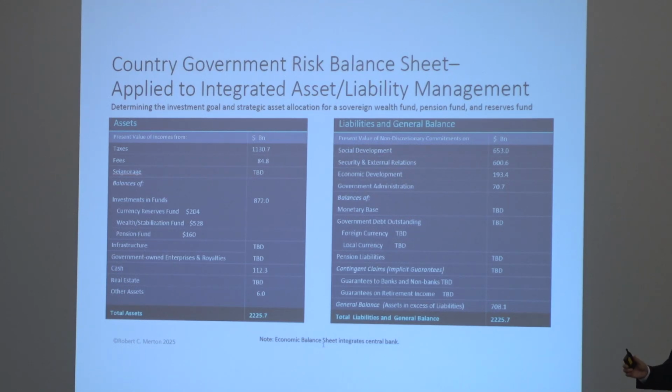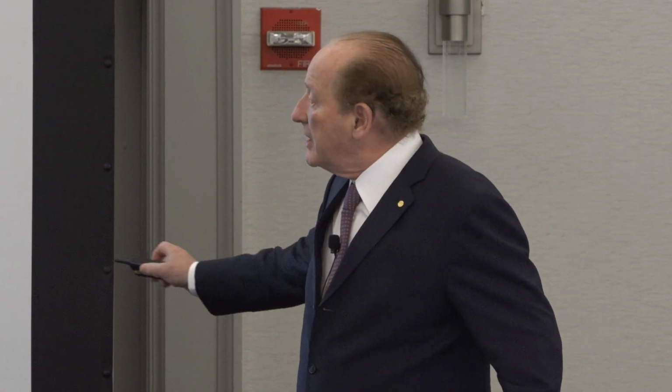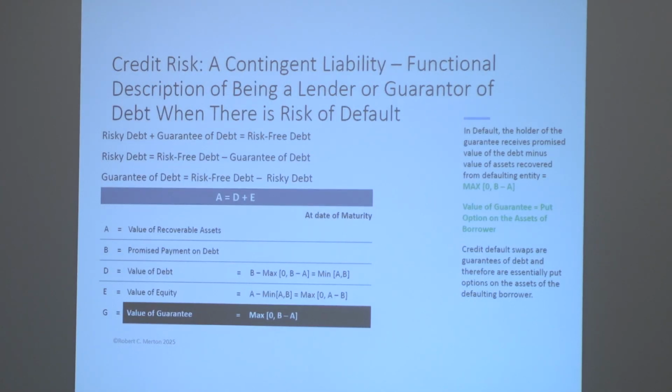So the risk balance sheet does two things. First, it takes account of everything, not for centralized planning, but for analysis of where you are, who you are, et cetera. Now, you need something that trues that up, but let me move on. But I want to underscore, this can be used for almost anything, but it's very useful for this purpose, okay? Now, what I want to talk about is,